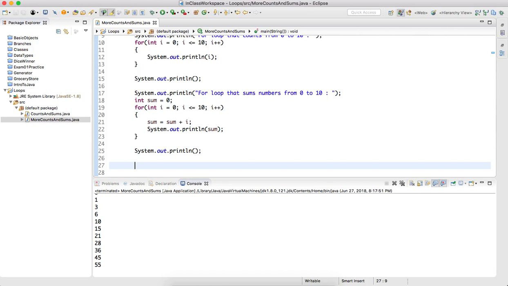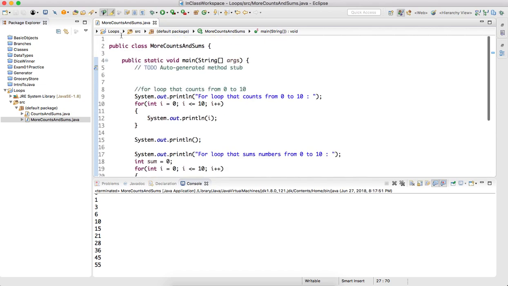And so let's think about developing a times table for a number that the user inputs, right? So we ask the user, for what number would you like a times table? They type the number in, and we give them a times table that goes all the way up to 12 for that number, right? So again, we want to take user input, so we want to import